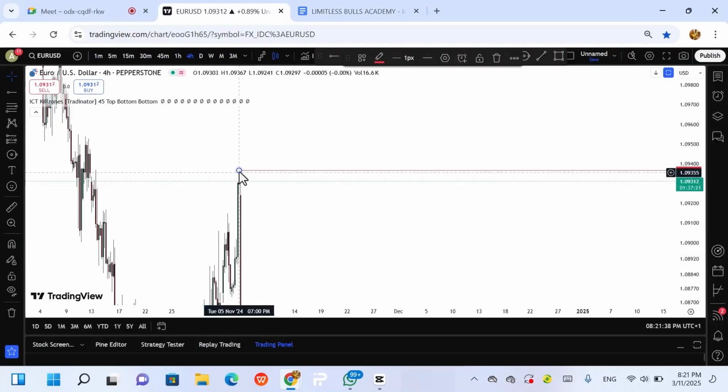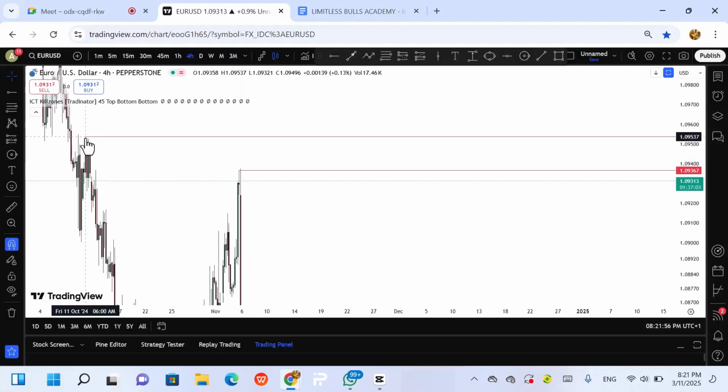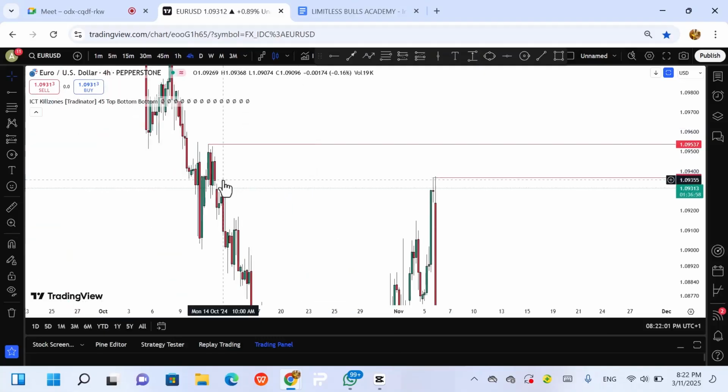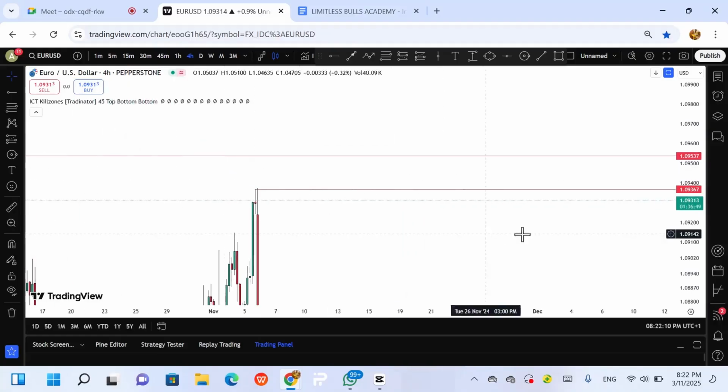So first of all, I'm seeing this swing high. I have marked it, extended it to the future, and again I'm seeing this other swing high. This is just a double, equal high. So I'm seeing this other swing high again. I will mark this and extend it to the future to see price reaction at these different levels, because that's what ICT says, the market moves from liquidity to liquidity. And this point is another swing high, but let's just work with this and see how the market has reacted to this.